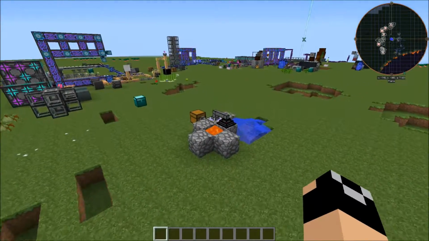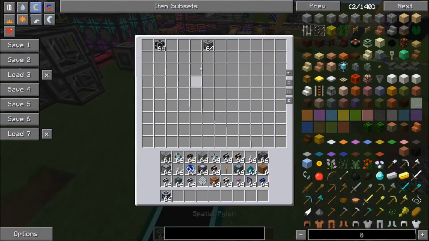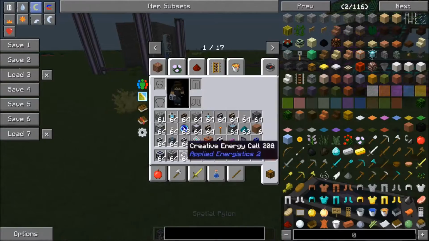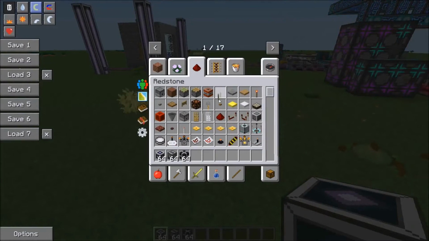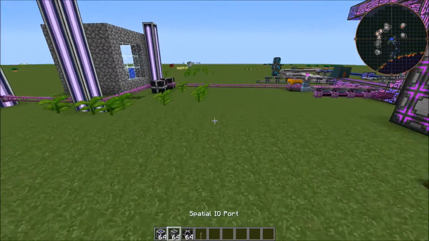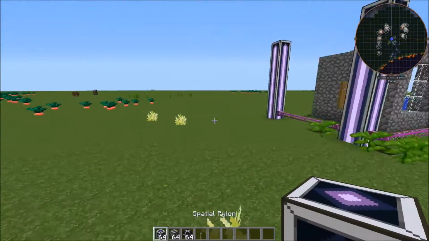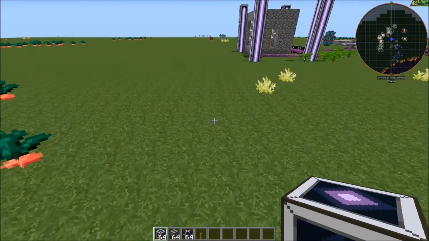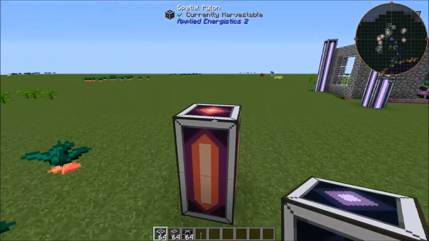And the last thing that we're going to cover is the spatial system, which I absolutely love. Basically, there's 2 major blocks. There's Spatial Pylon, and then there's a Spatial I/O port. And let me grab a lever as well. Now, I've actually got one set up over here. You can build them pretty much as small as you want. Now, the smallest that you can build